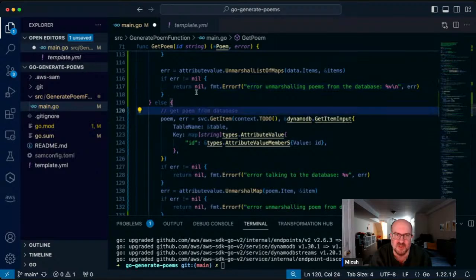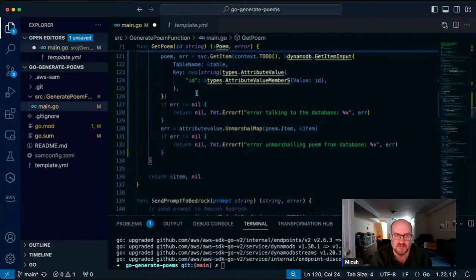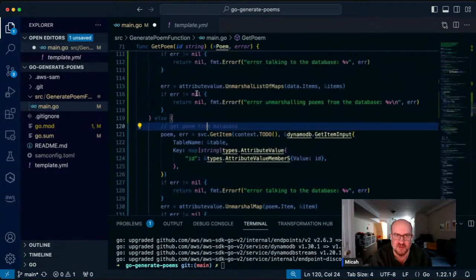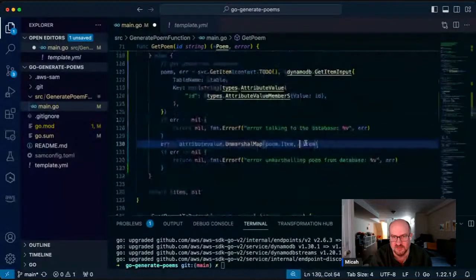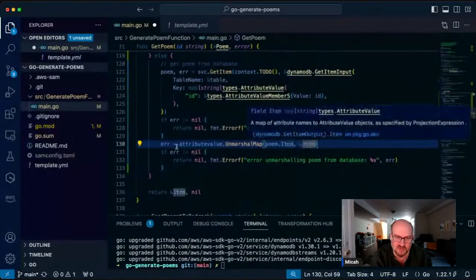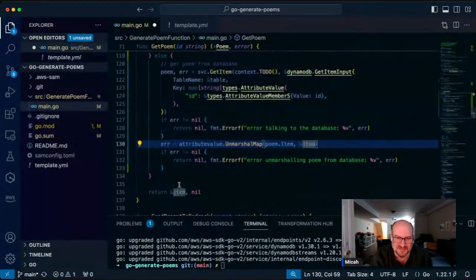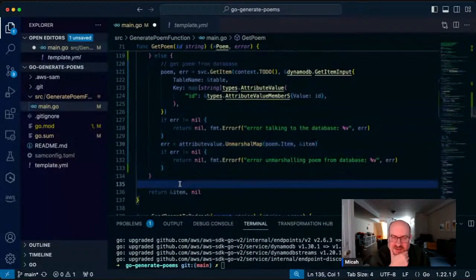Yeah, okay. But here's the deal. In this case, I get back items. In this case, I get back item, but I only want one. I don't want the whole array.